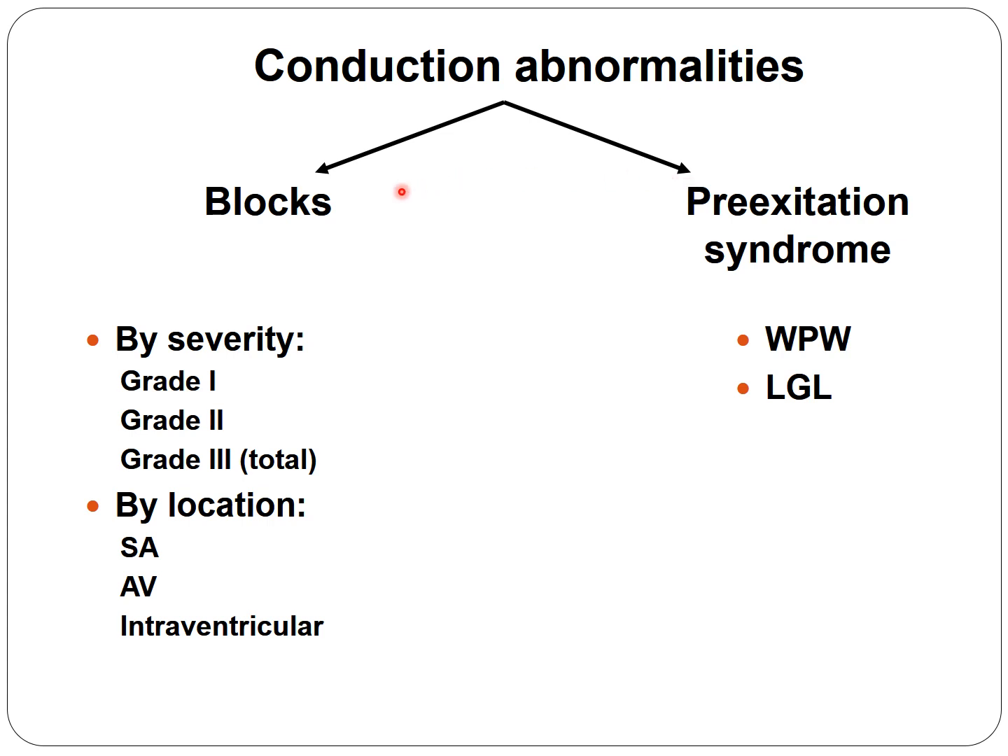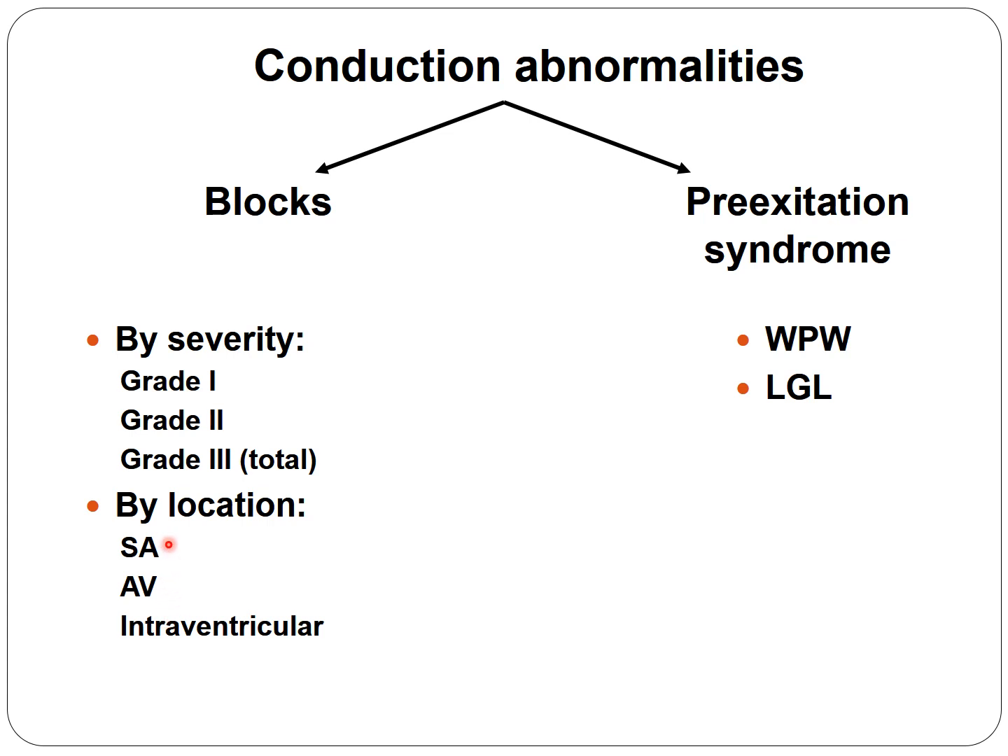Let's concentrate first on the blocks. The blocks can be graded based on the severity. The mildest one is called grade 1 or first degree, then grade 2 as second degree, or grade 3 as third degree blocks. By location, we have three different compartments where we have some preferential conduction system,